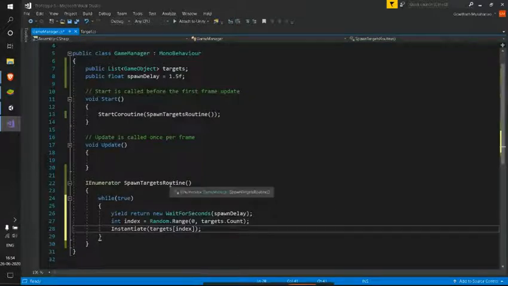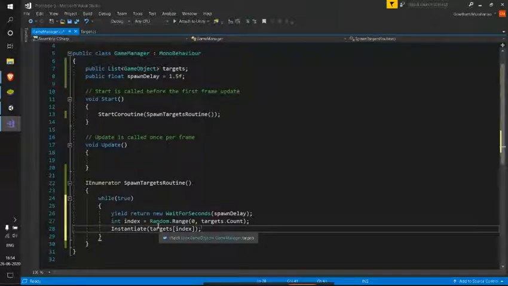And this infinite loop, what it does, it just waits for some time, and later it generates an index, and it will instantiate a copy of a prefab in our list of targets with that particular index. So let me save this and check that.